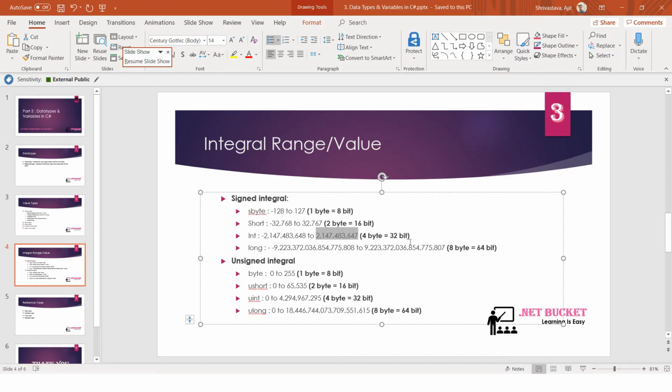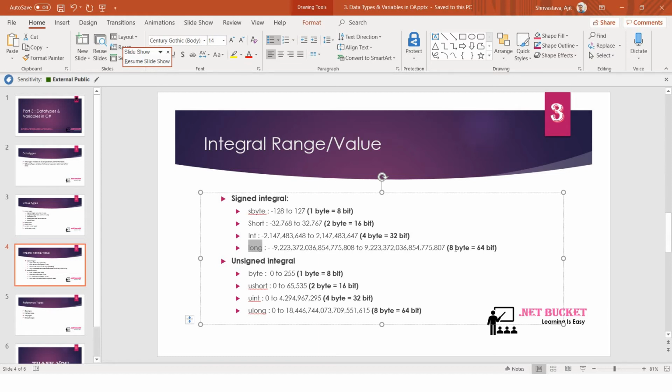Let's say you are working on an application which is using lakhs of variables, and let's say you are using 1 lakh variables, and for each variable you are using long type. The memory it will take is 1 lakh into 8 bytes. That means 8 lakh bytes you will be consuming just to run your application, so you will end up consuming lots of memory even if you are not utilizing it.